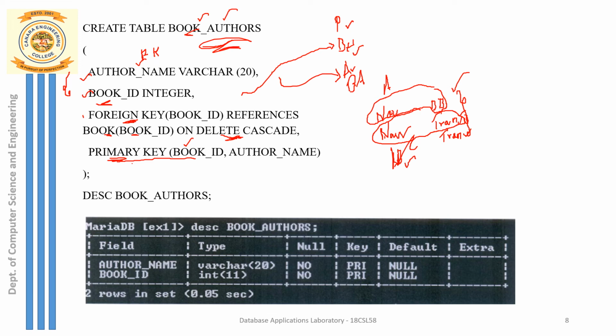Yes, I have missed out one thing over here, that is our author name. You should mention author name as a foreign key here. So what is it? Foreign key, author name, references, author table, and inside the brackets you should write the name, author underscore name, whatever the attribute name that you had specified in the author table. Remember to add one more line over here, that is foreign key, author name, references, author table, and inside the bracket you can write author name, on delete cascade again. Okay, so this is how you create the table book authors.